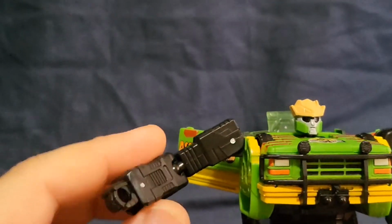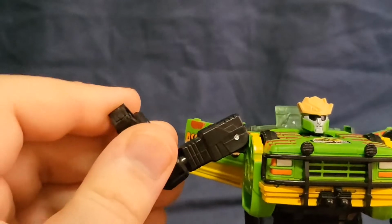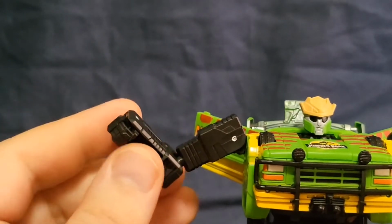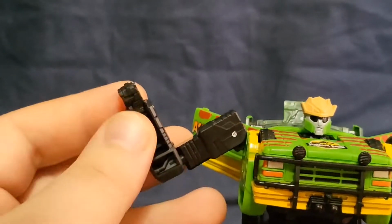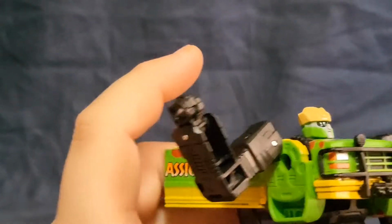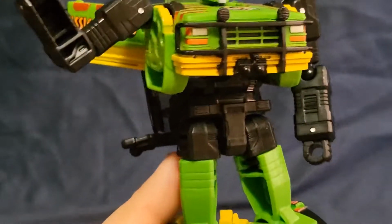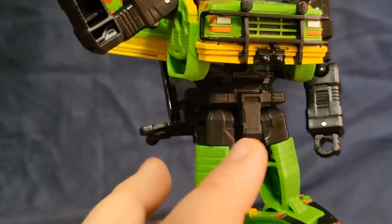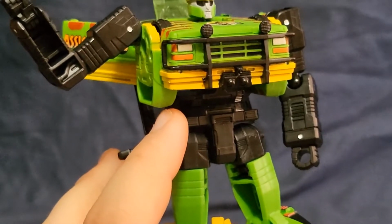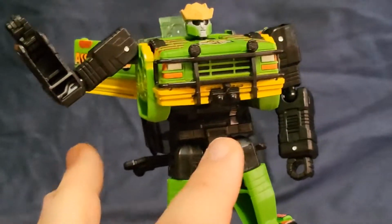You have a ball joint at the elbow that works as your bicep swivel, and the wrists move in for transformation purposes, and that is their only movement. On a deluxe, it's disappointing, but not game-breaking. What is, however, a massive disappointment is that they did not work a waist swivel in. They could have put a cut right under this section here, so that it could spin on top of the